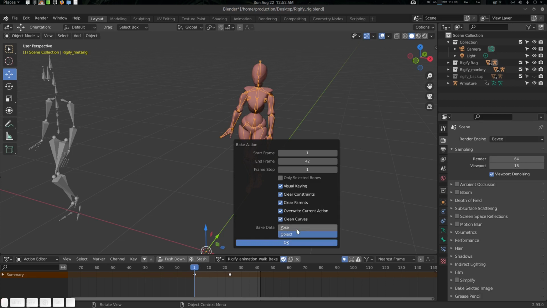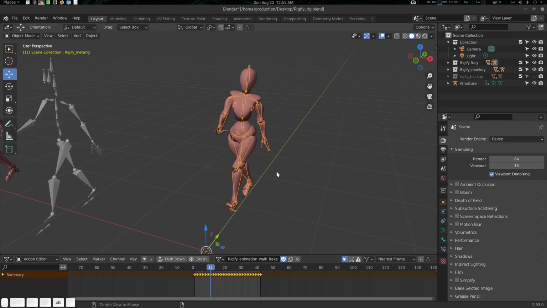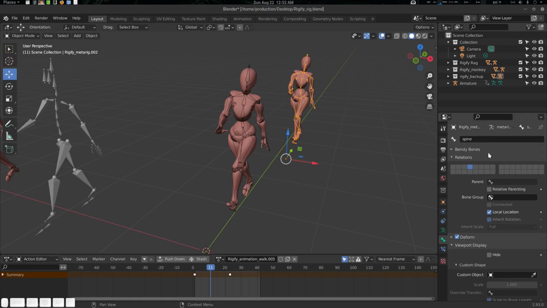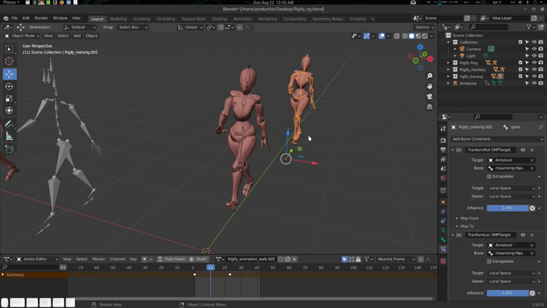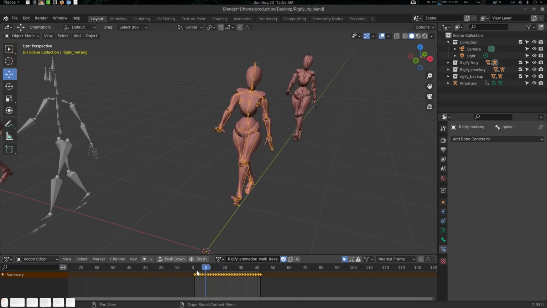Clean curves, pose data. Okay, let's confirm, and it will create the animation cycle for you. If you look at this one, it has some constraints, but this one doesn't have any constraint. It is baked, so it is a baked animation.